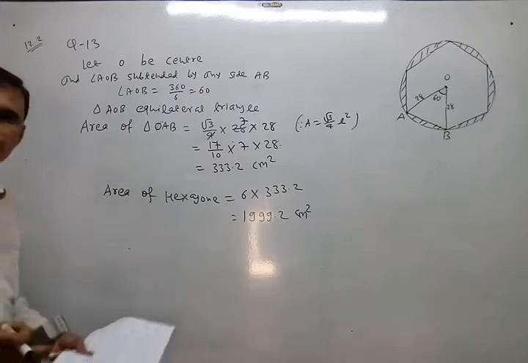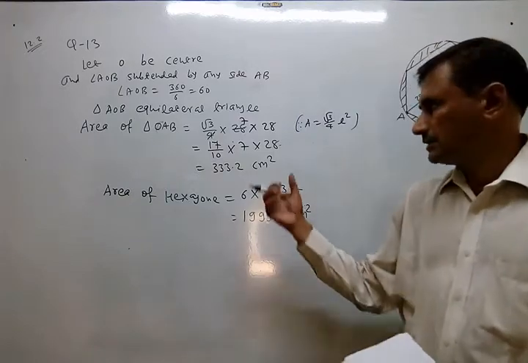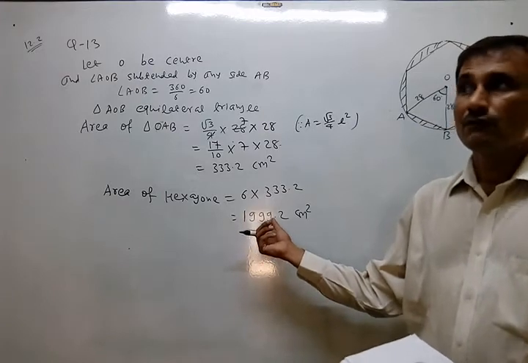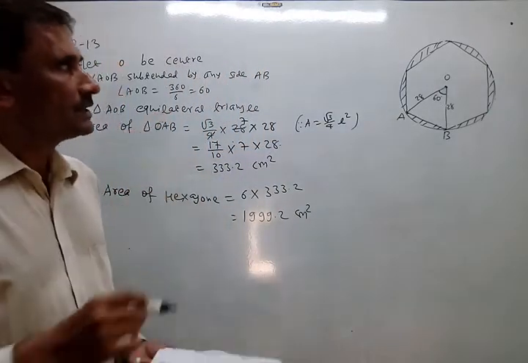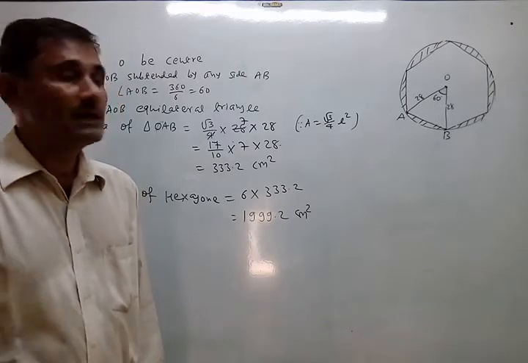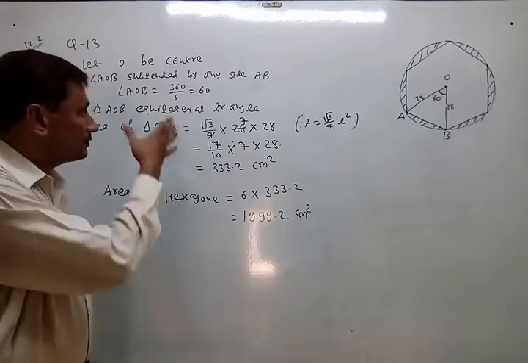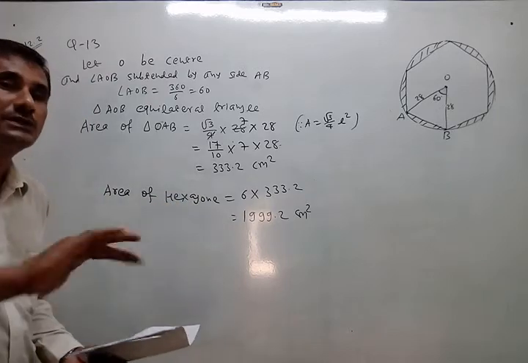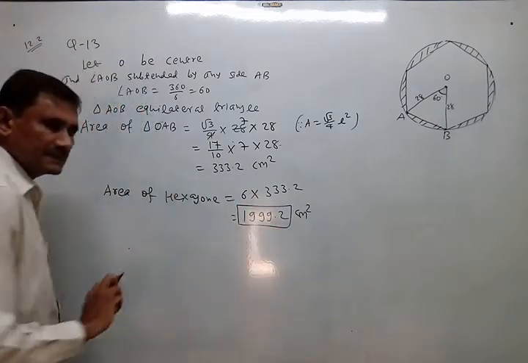You have to be careful in calculation because it is long and difficult also. In the stipulated time, with speed and accuracy, we have to make the calculation. So this is the hexagon, not the final answer. What we have to do? At first sight of the question we have to understand that the required area can be found by area of circle minus area of hexagon. So we have to subtract this area from the area of the circle, but so far we have not found the area of the circle. So now we are going to find the area of the circle also, then we can give our final answer. This is one intermediate answer, not the final answer.